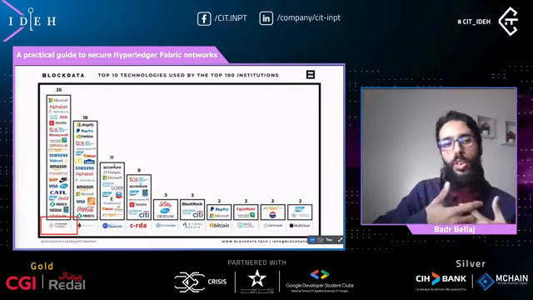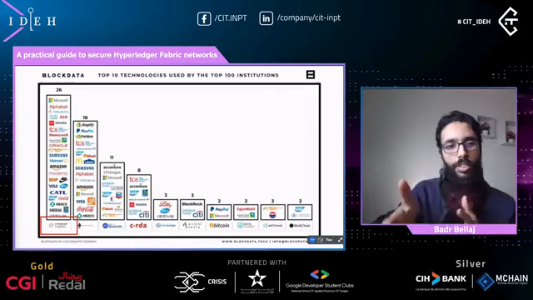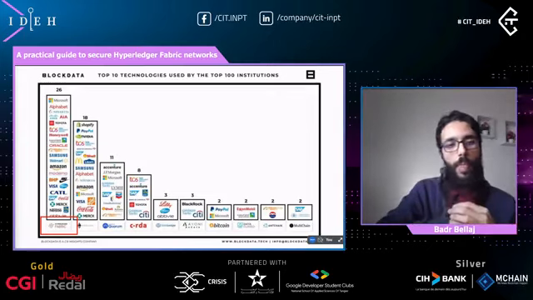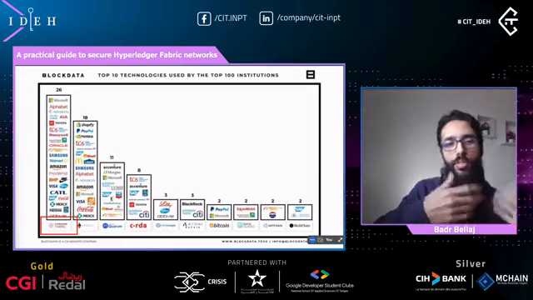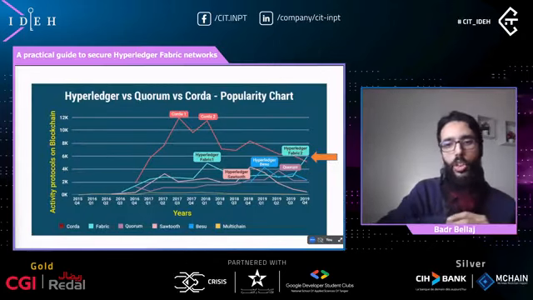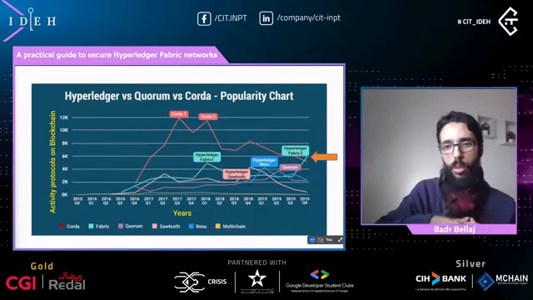Why I have chosen to present Hyperledger Fabric is because currently this solution is the most preferred blockchain solution for companies, as shown by this study conducted by Block Data among, if I remember well, 100 public companies. I'm talking about worldwide scale. And we have found that Hyperledger Fabric is the favorite blockchain solution. Also, this chart shows that there is a growing interest surrounding the Hyperledger Fabric blockchain.